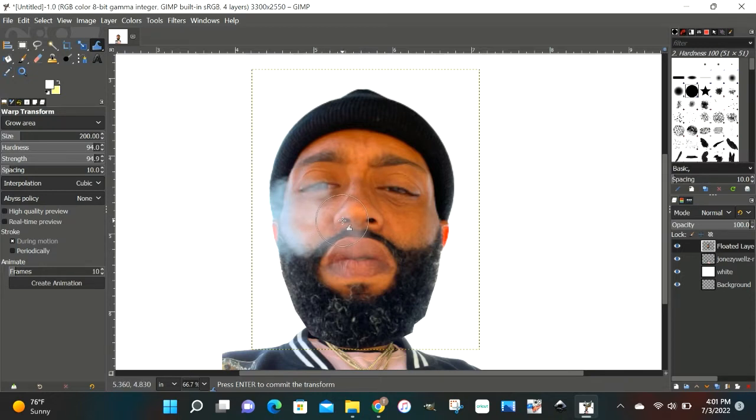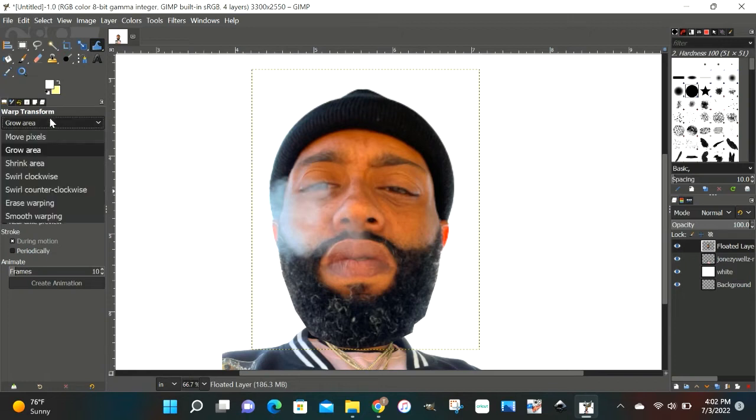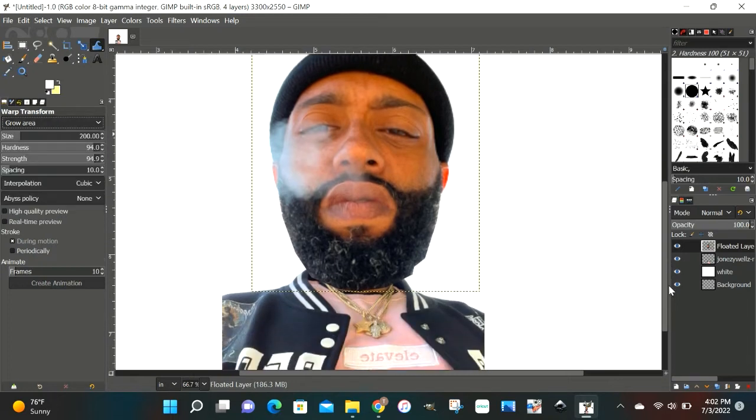You work on the eyes a little bit, maybe make the nose a little bit bigger so it'll fit. Like that. Make sure you hit enter after you finish before you go back to the drop down menu and go select another tool to work with over here. Let's go down to the body